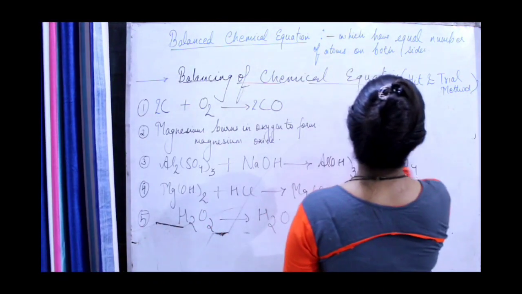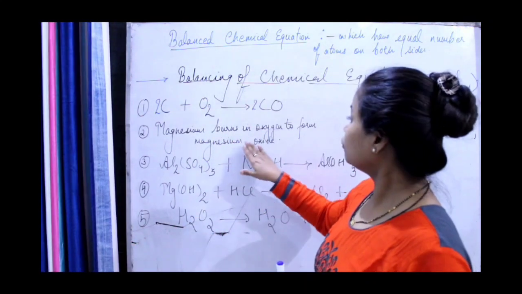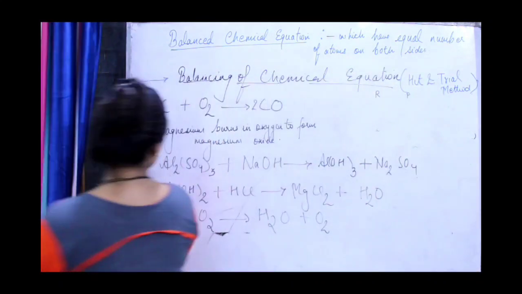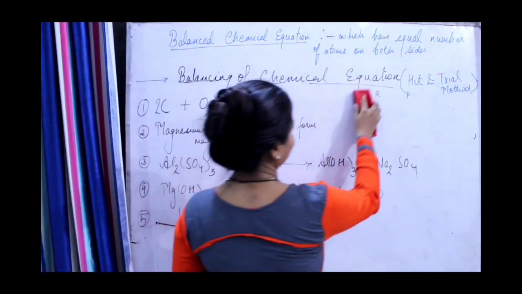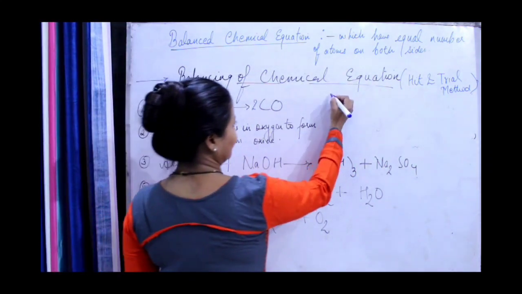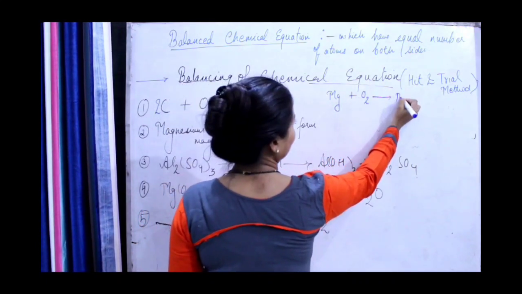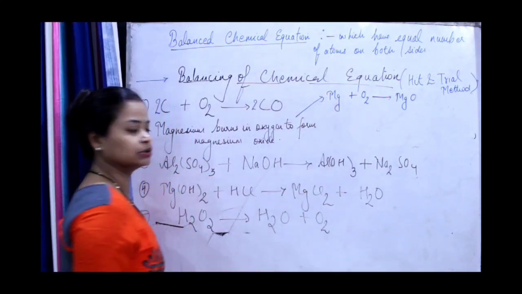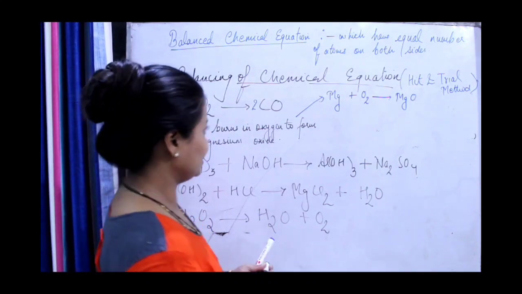Now you can see the second equation, the second one is written as a chemical reaction. Now if it is a chemical reaction, firstly I need to write it in form of the equation. So let me write it in form of equation first. Magnesium, that is Mg, burns in oxygen, that is O2, to give magnesium oxide, that is MgO. This is the equation for this particular chemical reaction. This is a combustion reaction. Combustion means burning.